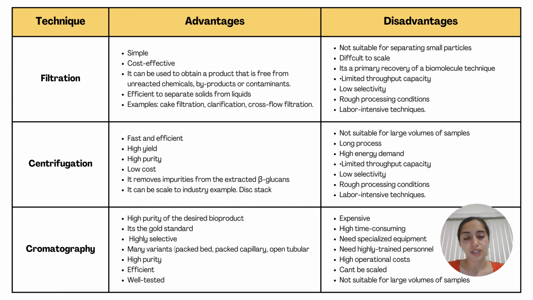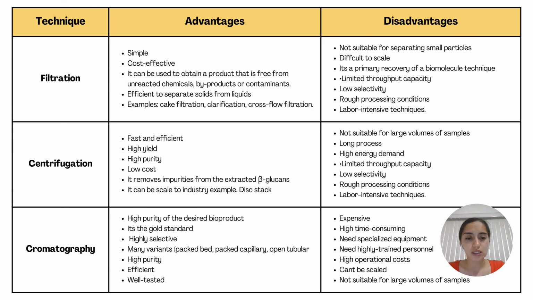It's efficient to separate solids from liquids, and some disadvantages are that it's not suitable for separating small particles. It's difficult to scale. It is a primary recovery biomolecular technique, has limited throughput capacity, low selectivity, harsh processing conditions, and needs labor-intensive techniques. For centrifugation, we can see that it's fast, it's efficient, it has high yield and